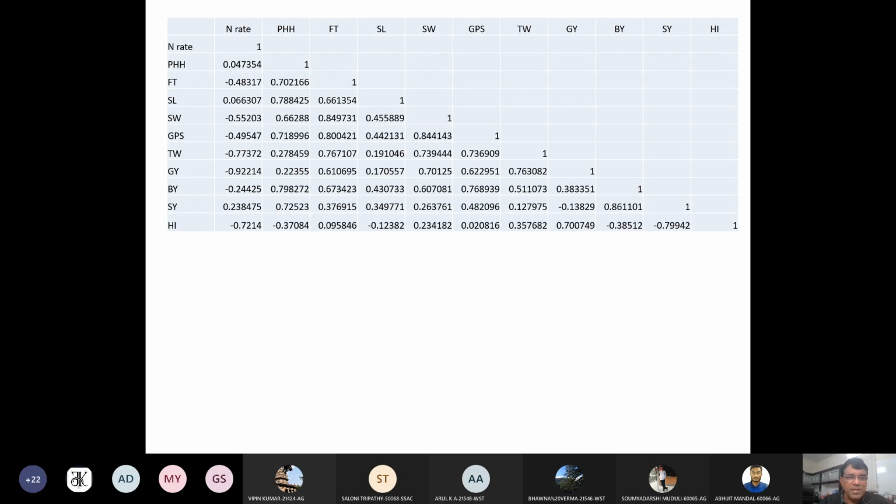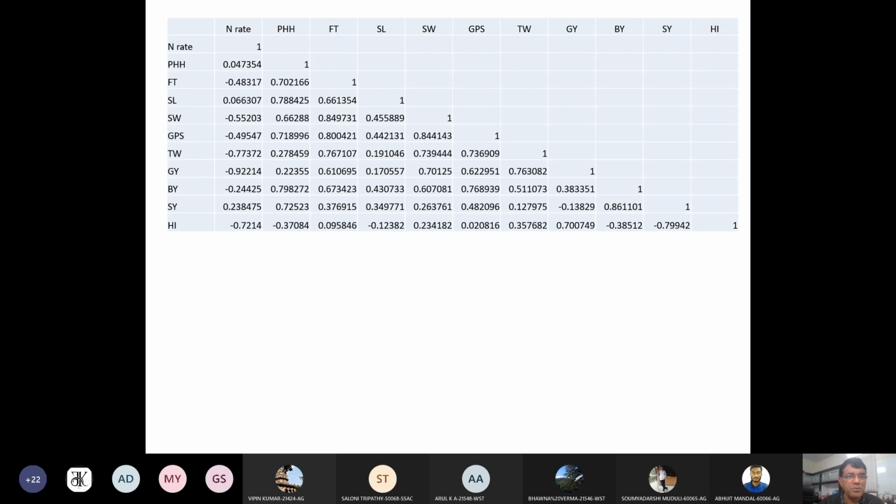So in this case, you can see some places you get minus sign also. So you see in the first row, you have plant height at harvest, fertile tillers, spike length. So you can take a common cell where your row and column are meeting.